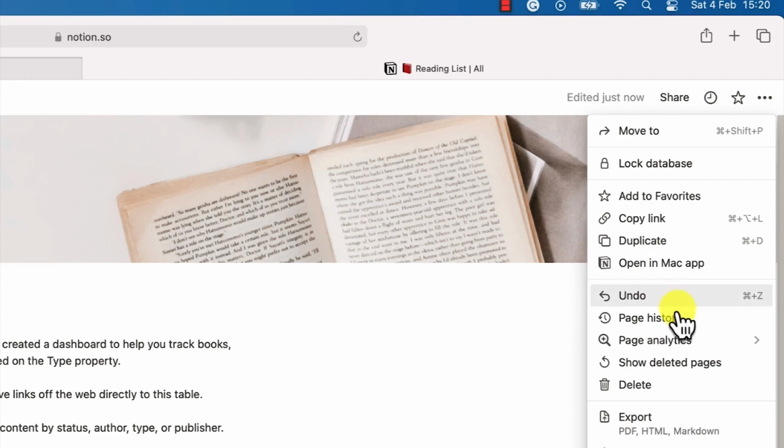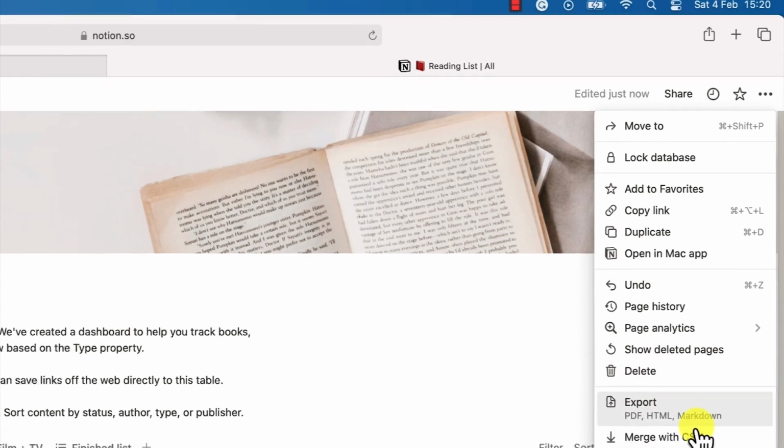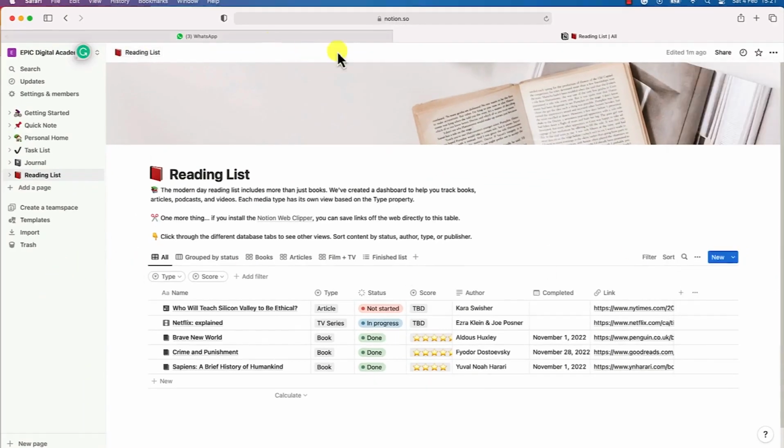You can undo certain things, or you can check out the page history. You can check out page analytics and show deleted pages. You can export this particular page in PDF, in HTML, or any other format that you are targeting, or you can match this to a CSV or an Excel sheet. We can do that also from here. This is just the general